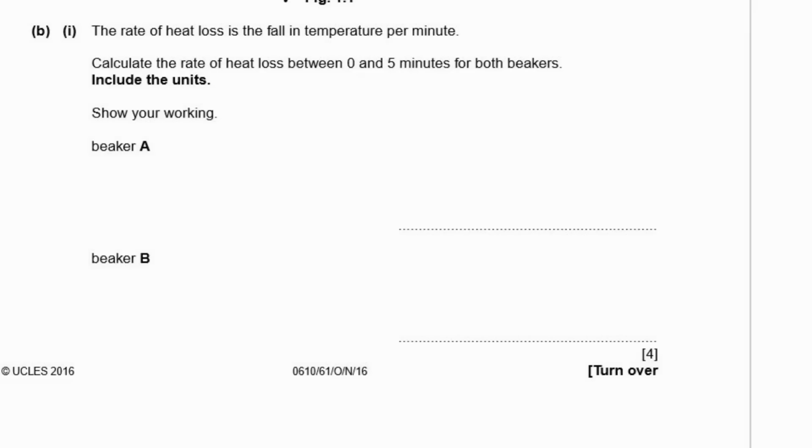B1, the rate of heat loss is the fall in temperature per minute. Calculate the rate of heat loss between 0 and 5 minutes for both beakers, and include the units. Show your working. So beaker A, the rate of heat loss